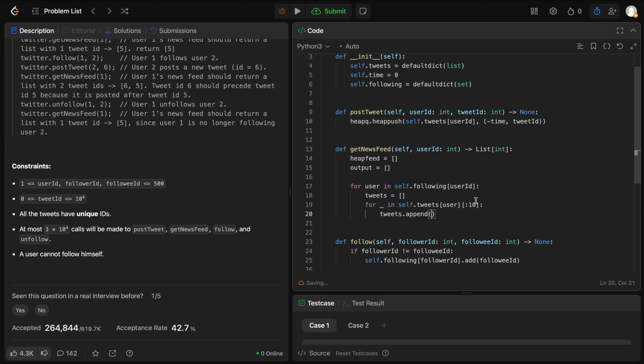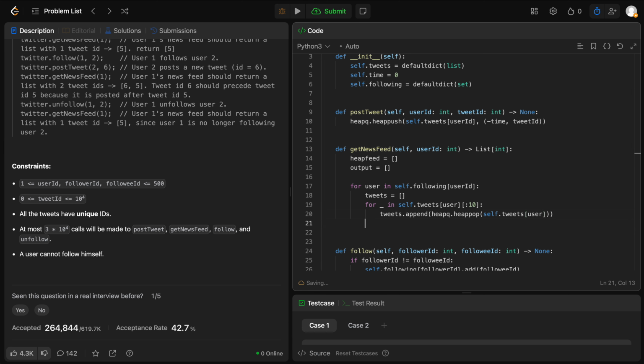So I'll append to tweets, heapq.heappop on self.tweets of user. Sorry about that. So I pop a tweet and I put two tweets. When I'm finished, then